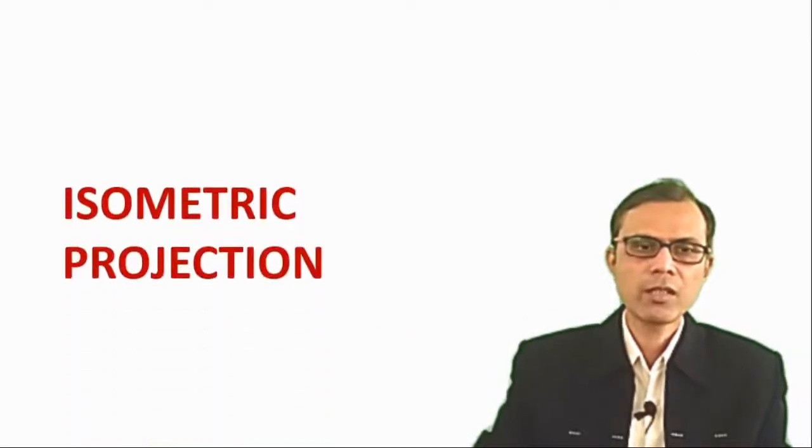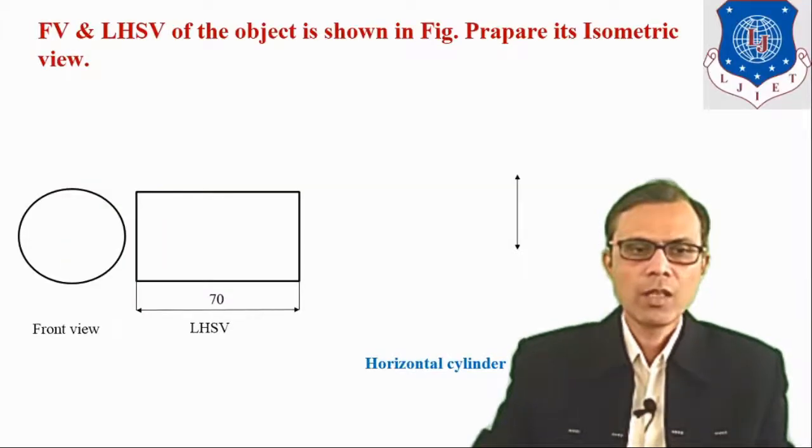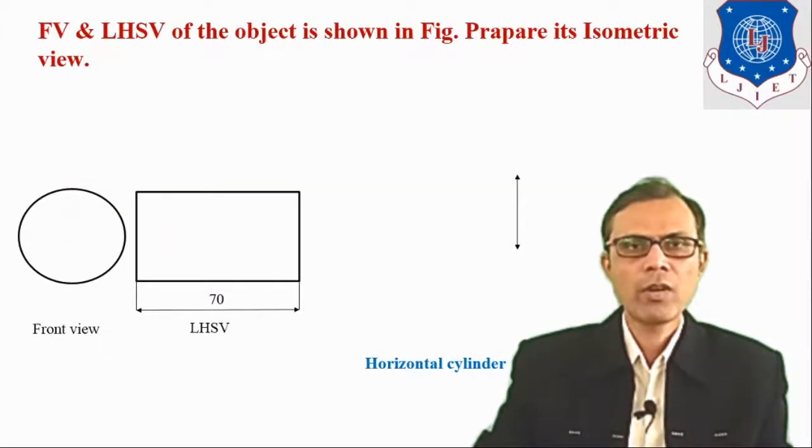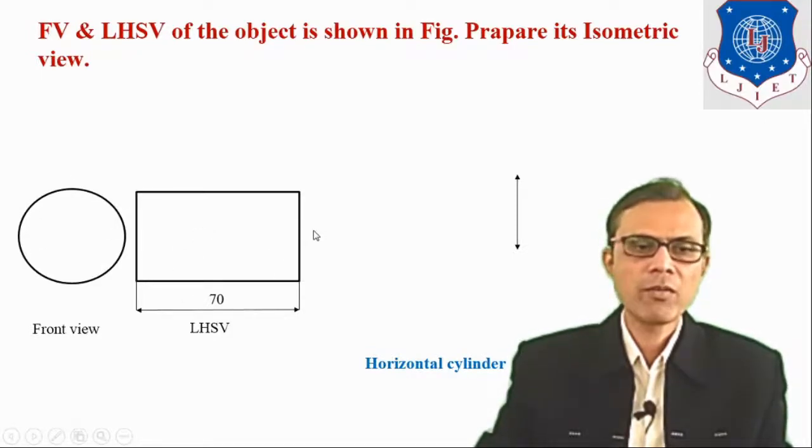In this session, we are continuing with isometric projection. Now we know how the isometric view of a circle can be prepared. Here, one question is given: front view and left hand side view of the object is shown in figure. Prepare its isometric view. So here we can see front view is a circle and left hand side view is a